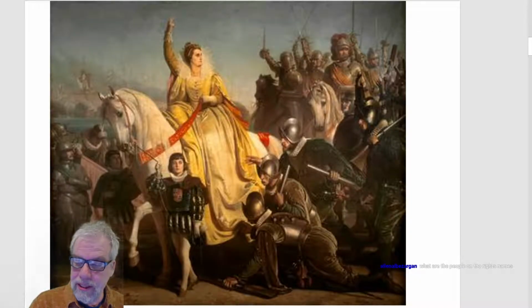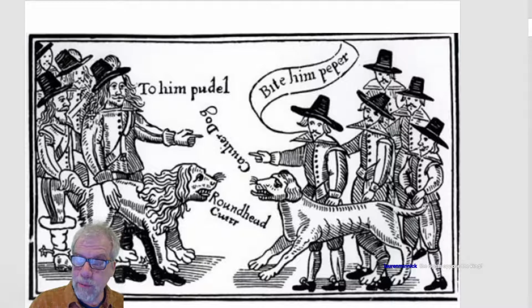Remember we talked about Queen Elizabeth? She's a Protestant. She faces down the Spanish Armada. So the ones on the left support the king. The ones on the right oppose the king. The ones on the left are cavaliers who support the king. The ones on the right are Puritans who oppose the king. And Puritans want to purify the English Bible,